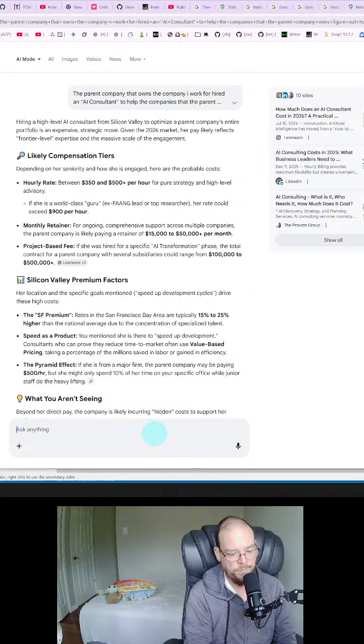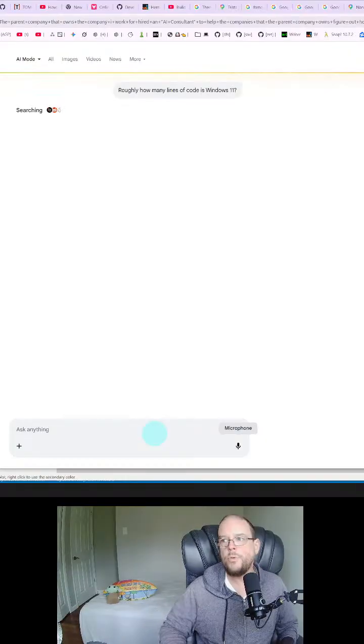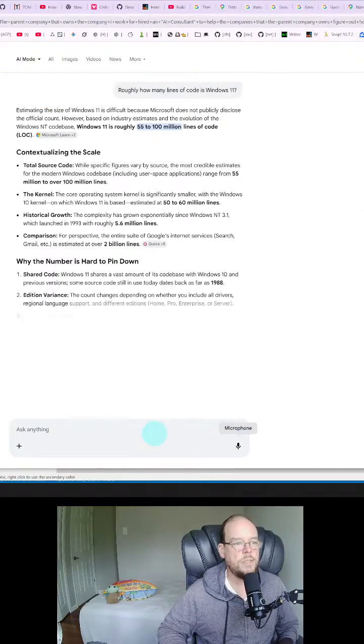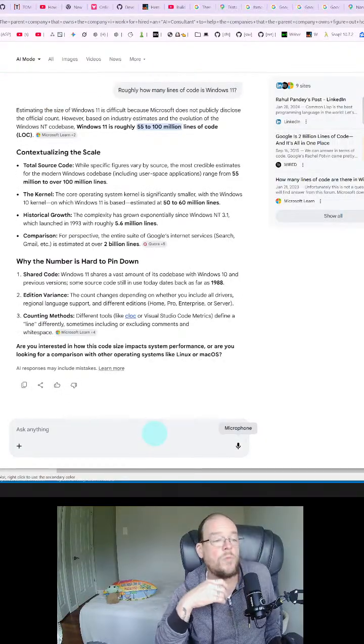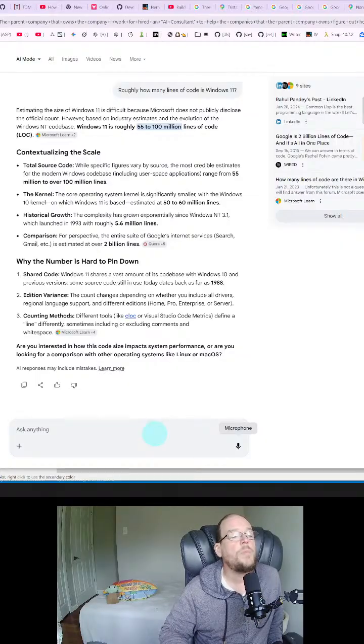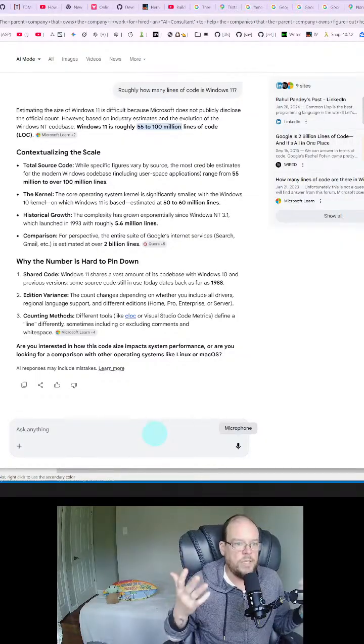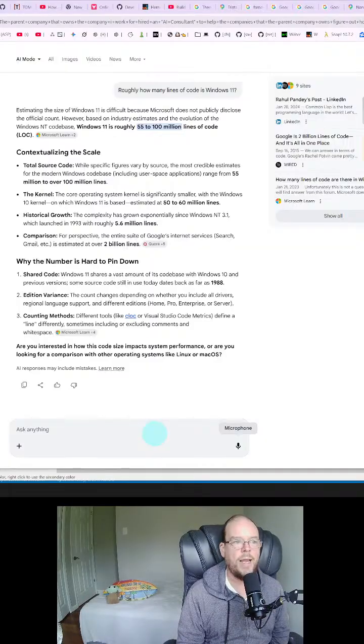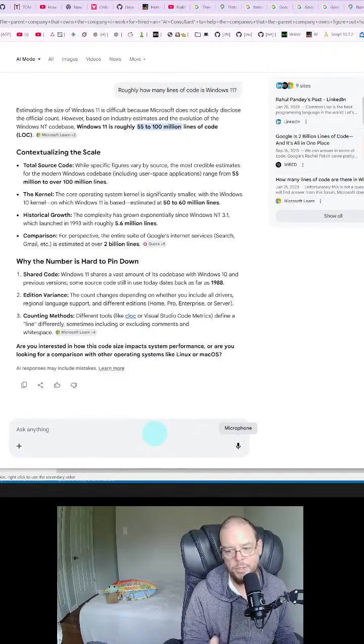Like roughly how many lines of code is Windows 11? Millions. 2-3 million? That's what I'm going to guess. Oh, wow. Windows 11 is roughly 55 to 100 million lines of code. And so do you think that any AI is going to be able to go in, understand that context, understand the intricacies, the interplays between all the parts of the code, and be able to generate